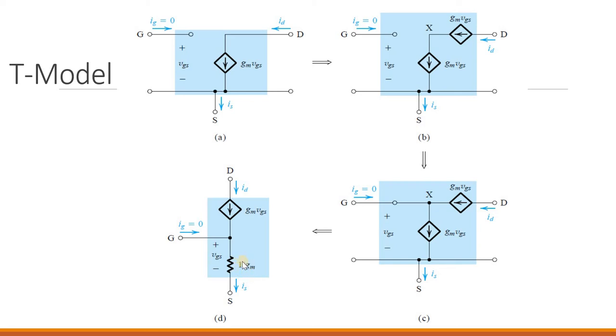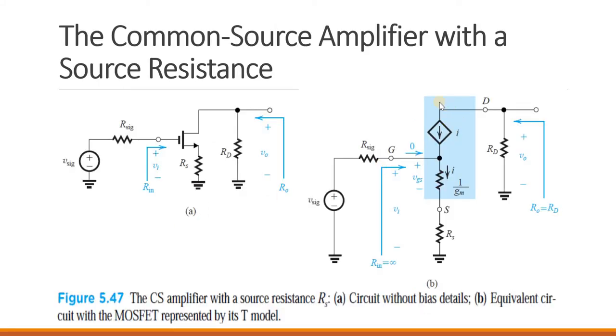So we can derive this equation. The derivation I had not included. You remember the small internal resistance, the terminal source resistance, that is nothing but 1 over Gm. So Is is nothing but ID, because Ig is 0. This is how we have got the T model. That is what is mentioned here: the MOSFET has been replaced by its T model. Rest all connections are the same.